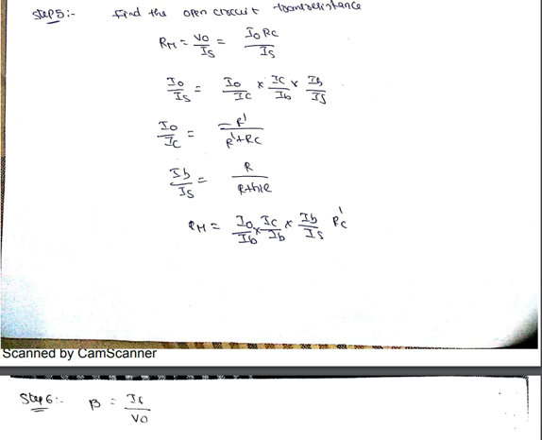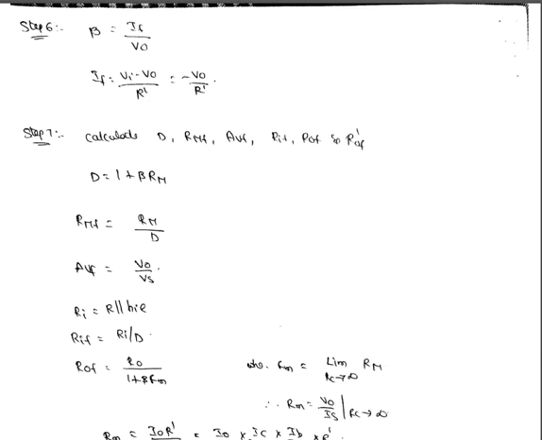Now we can calculate your beta value. So beta is equal to IF by V naught. So IF is equal to Vi minus V naught by R dash, so that is equal to minus V naught by R dash. Then calculate your D sensitivity value, D is 1 plus beta into Rm. RMF equal to Rm by D, and your voltage gain is AVF equal to V naught by Vs.